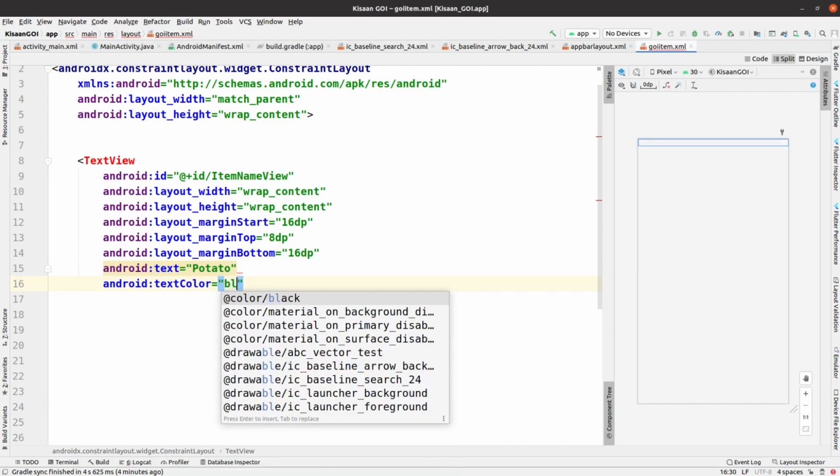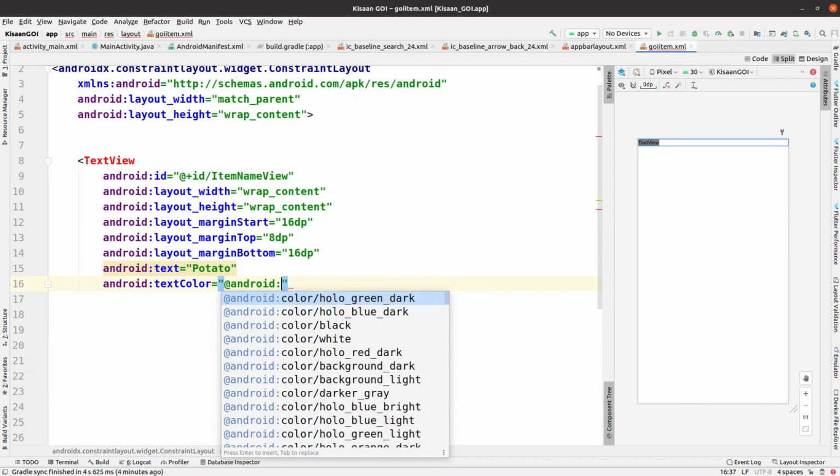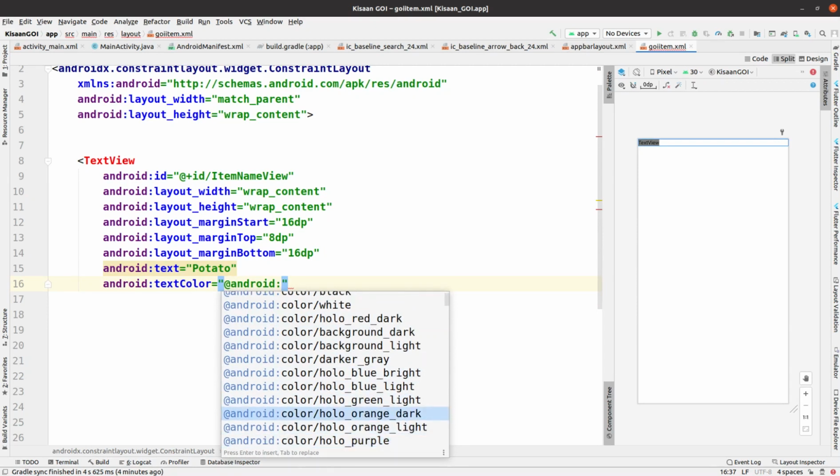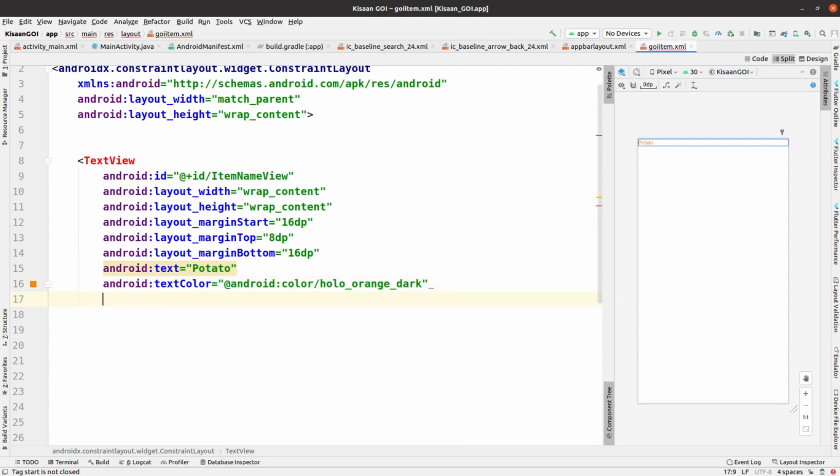So use this Android library in which colors are there, and just go for it, using orange color. Okay, orange dark. So this is added, and now the text size is 20 sp.